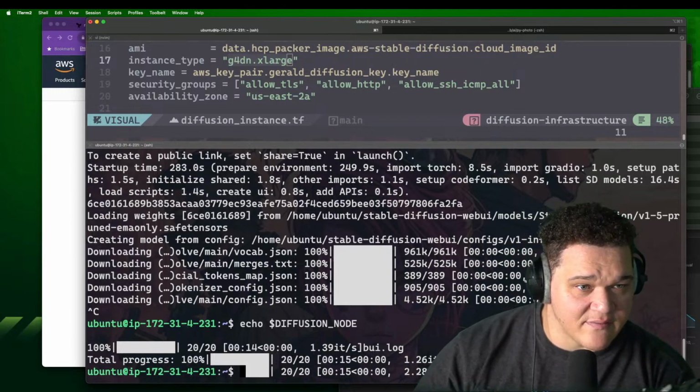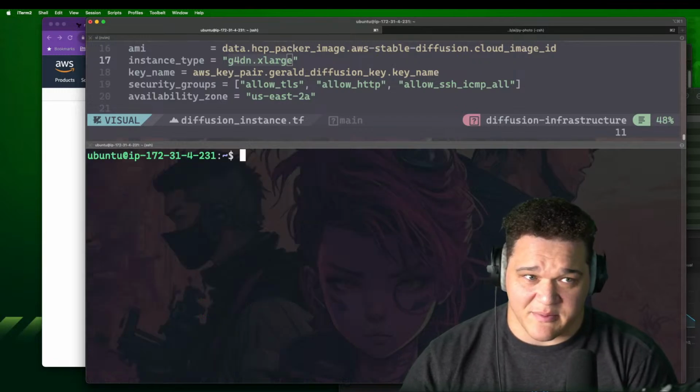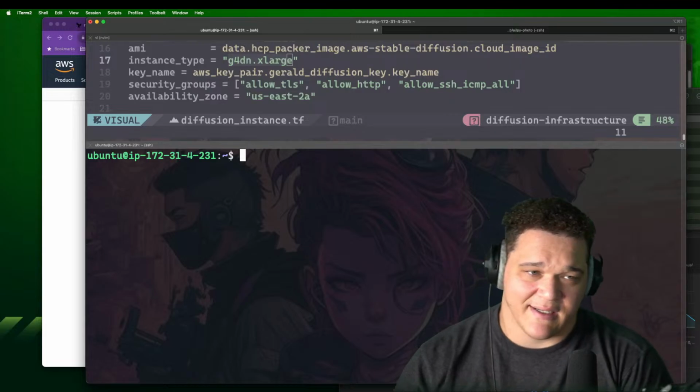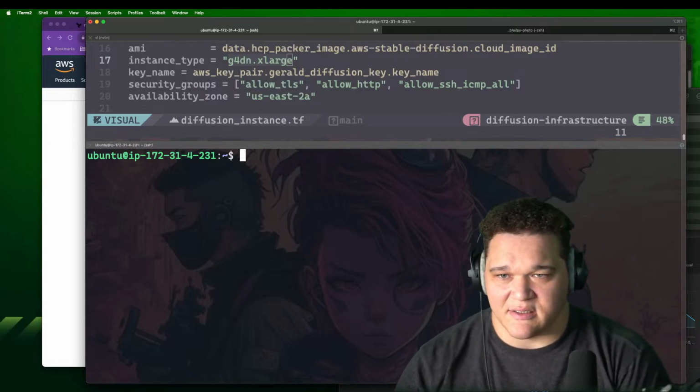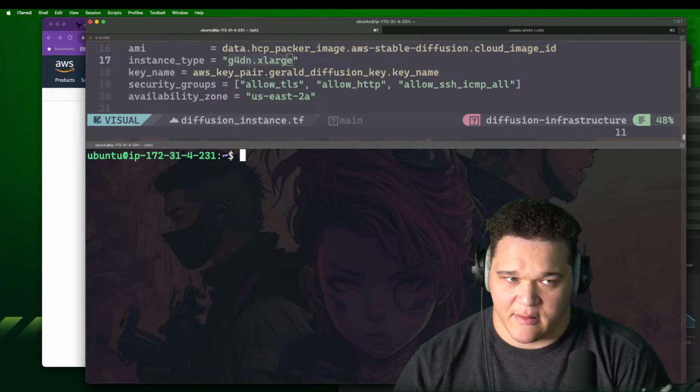On demand is 50 cents per hour. Yeah, bro, it's a lot. That's why I spin it up and spin it down as I need it with Terraform. Don't just keep it up and running. And then I think I got to apply for the spot instance. But if I do, I think it's